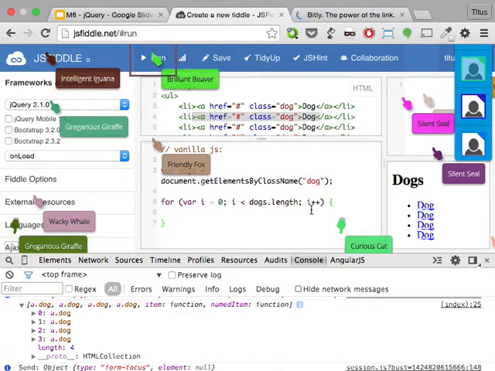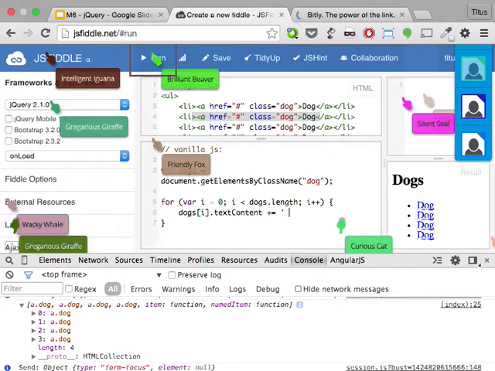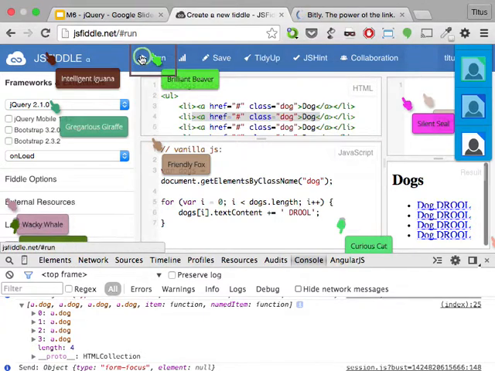So what we're doing is we're iterating through an array, right? And what we're going to do in the array is we're going to say, cool, I'm going to grab my dogs at i, and I'm going to modify it a little bit. I'm going to do something cool to it. So I can now access the text content, and I can make the text content equal to shots fired, run,